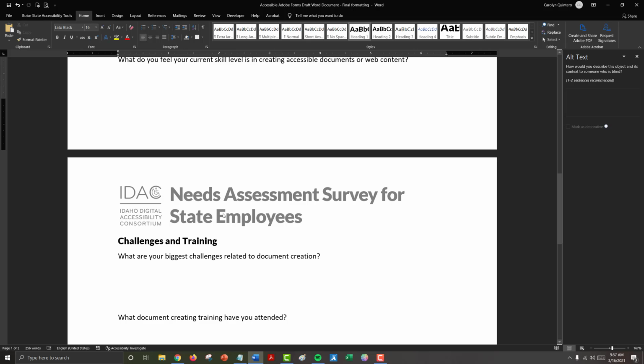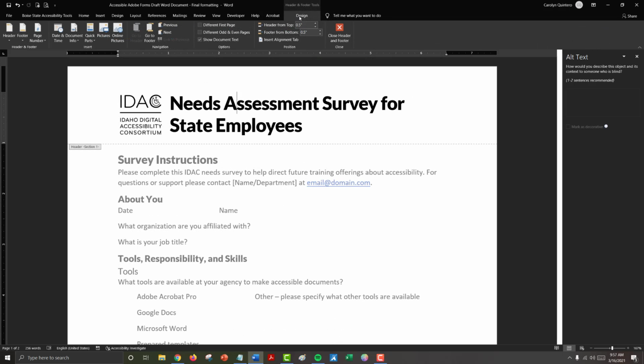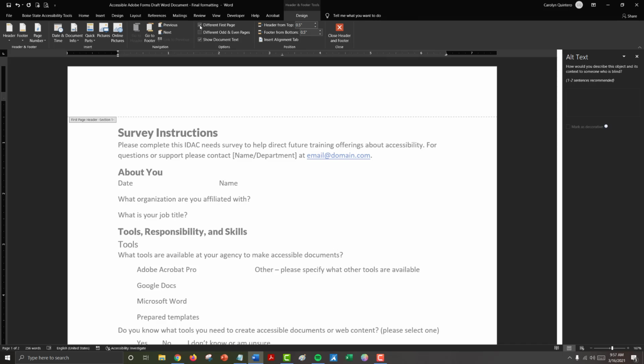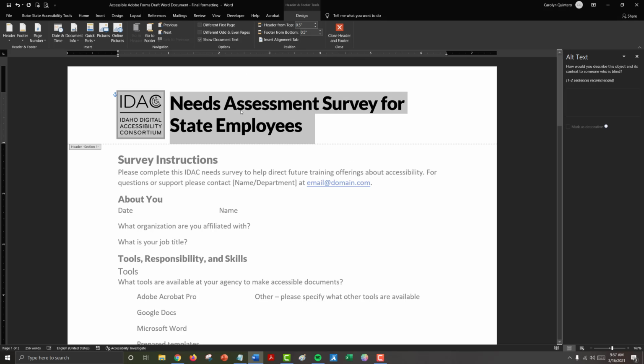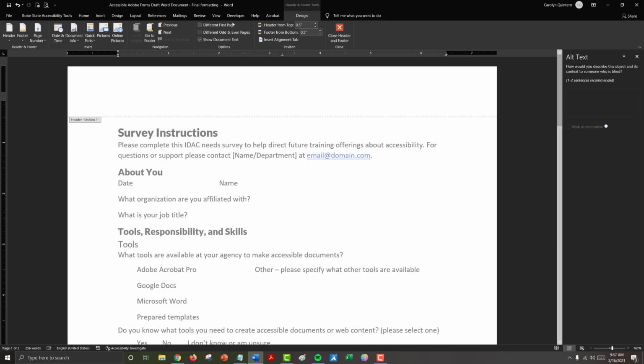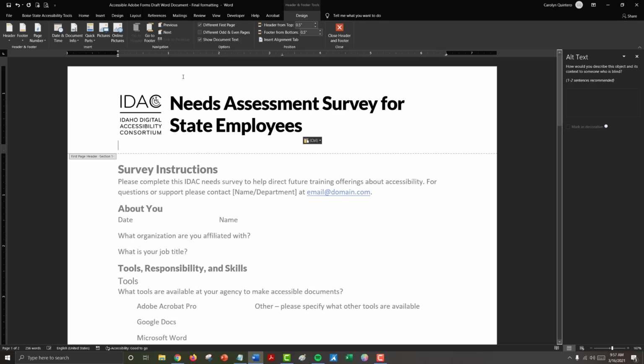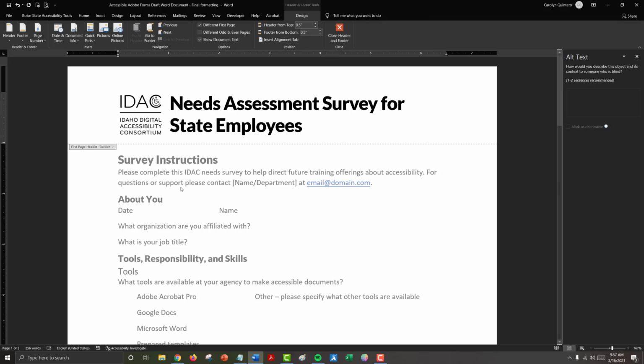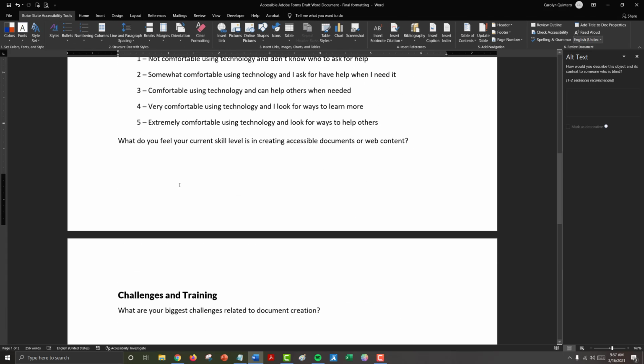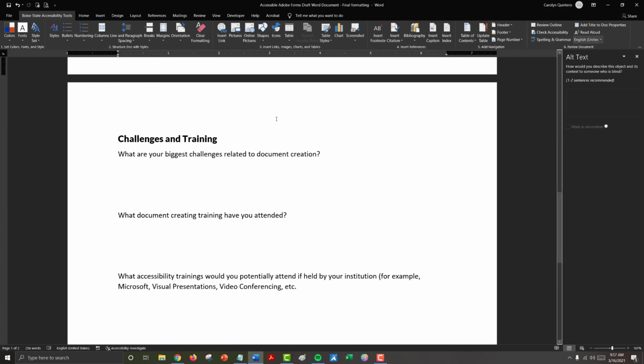And if you remember, we don't need to have this repeated on every page. So when we are designing our header, we want to have a different first page. But if we turn it on at this point, the different first page disappears. So let's cut our content and select that we have a different first page. Now we're going to repaste our content here. And if we go and look at the second page, it is no longer there.